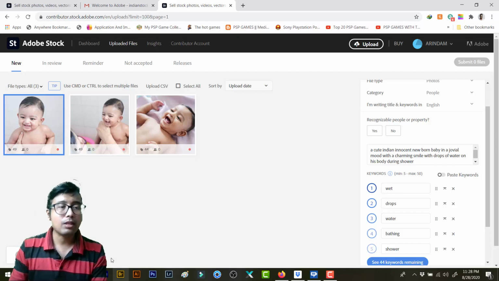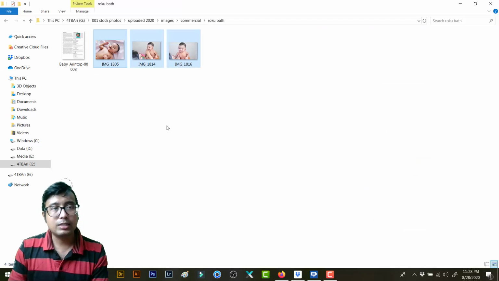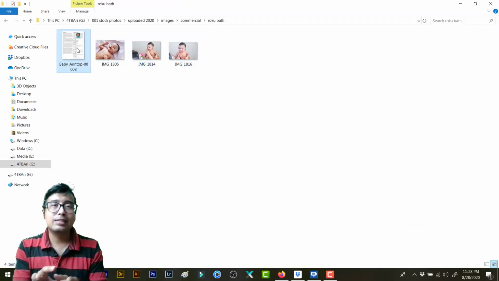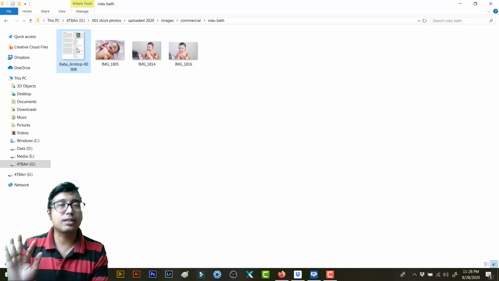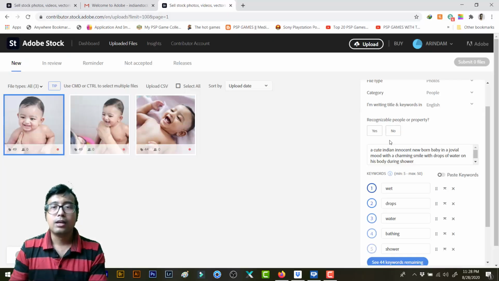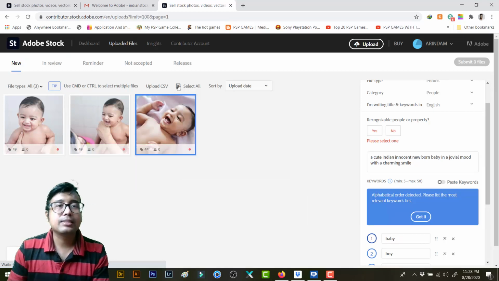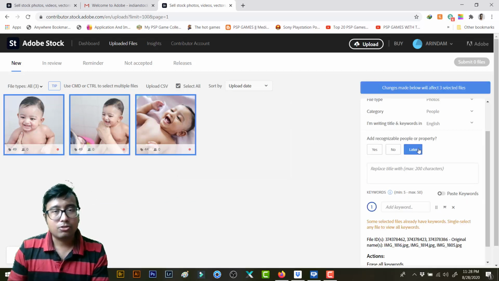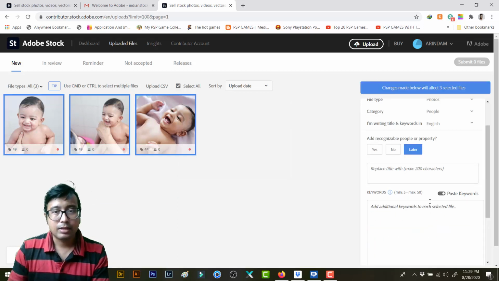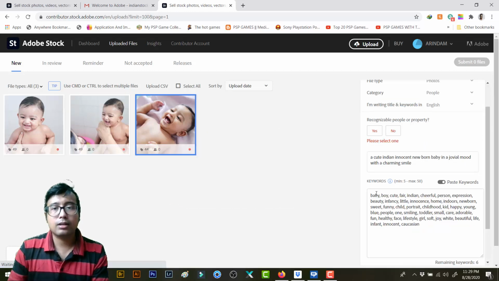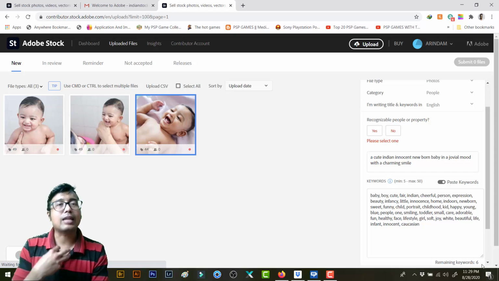Now, I told you, whenever I click model release photos, I always keep the same model release in the same folder so that I don't have to search. Okay, so over here you can see these 3 photos have got different titles. What I need to do is click select all, and then click on paste keywords. In this way, the relevant keywords will be typed first, otherwise it will become alphabetical. So very important, you need to click on paste keywords. That is what I do.